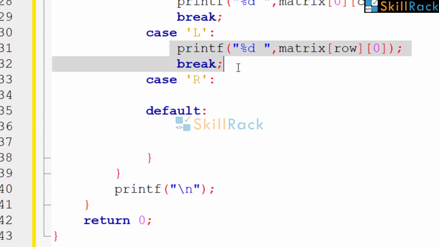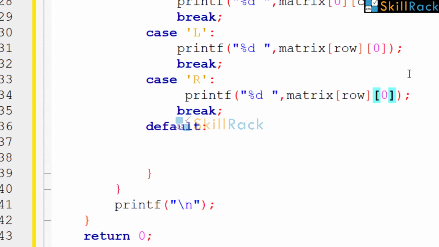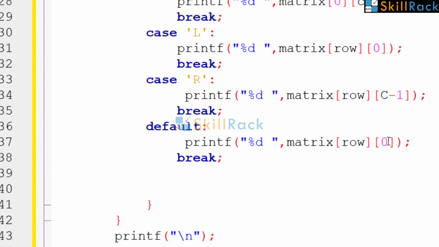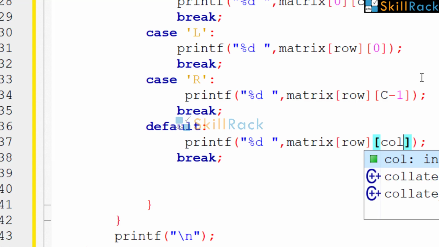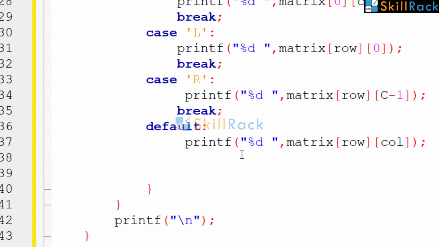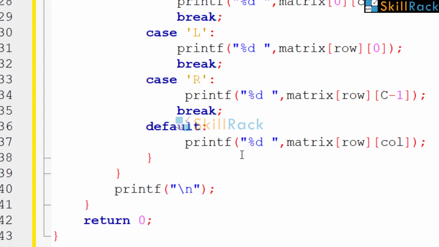So when the case is R, it will only be the C minus 1th column because the rightmost column has to be printed. When it is default, you just print the row of column because the matrix should be printed as such. There is no need for break as it is the last case.